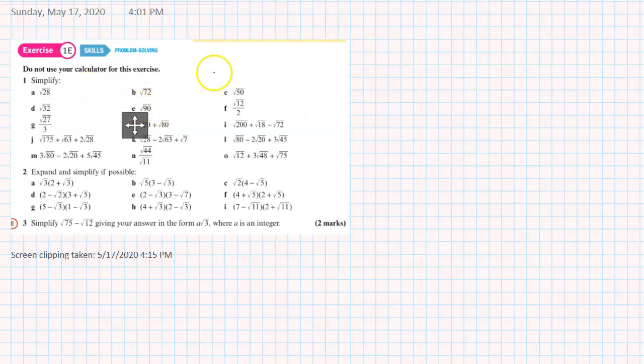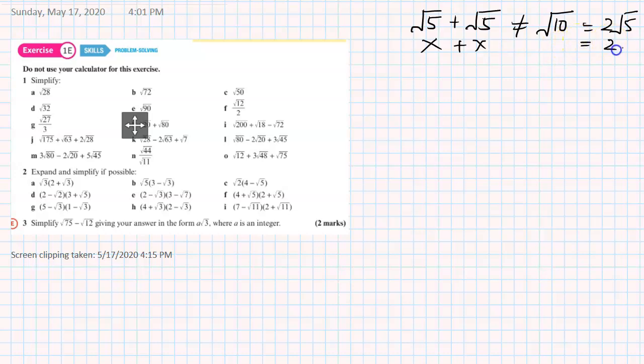Now let's do some questions of this exercise. Do not use your calculator. Root 28. Now another thing to understand is root 5 plus root 5 is not equal to root 10. This is equal to 2 root 5. It's something like x plus x is equal to 2x. So 2 root 5